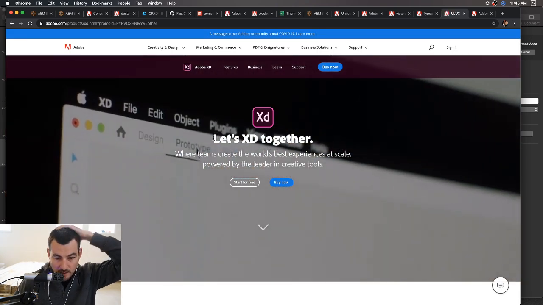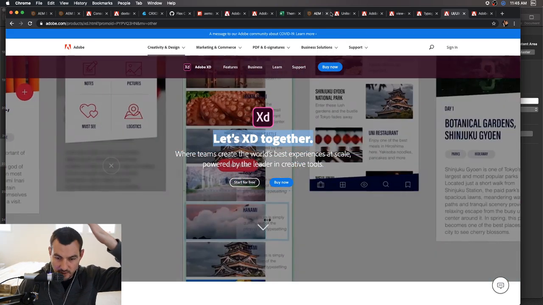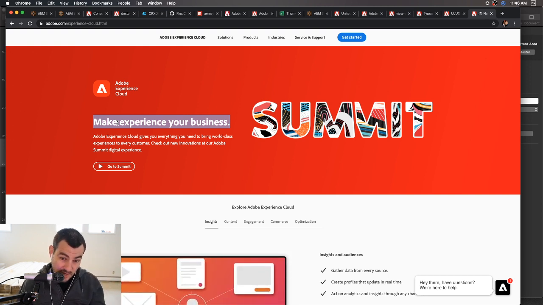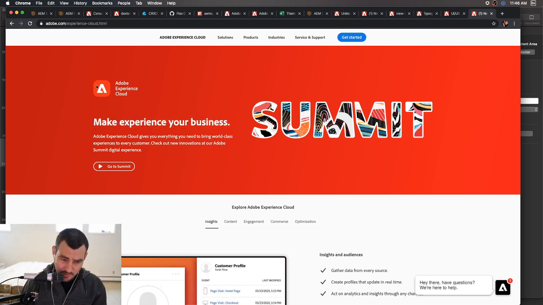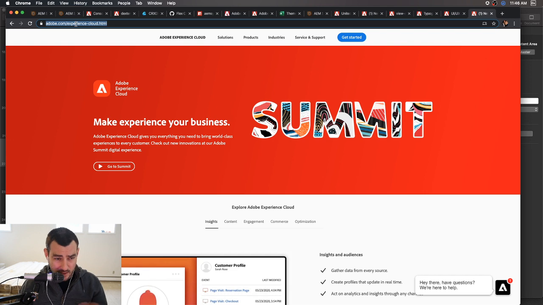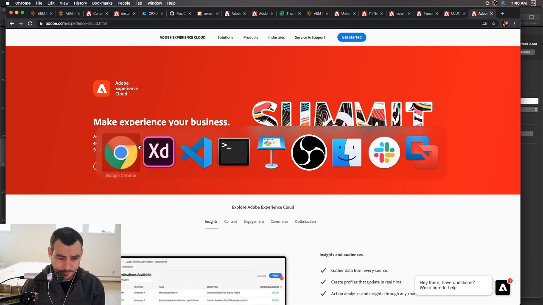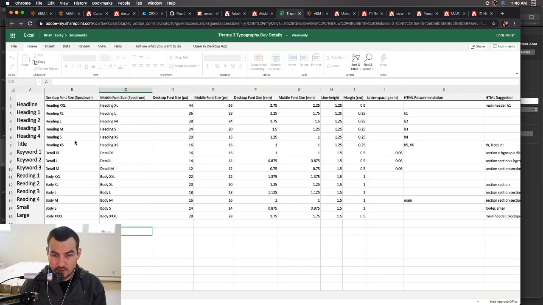So let's XD together. Very short copy, of course. So it can be big, but if you're comparing it to something like Make Experience Your Business, the copy on Experience Cloud has a tendency to be a little bit longer, and then on Document Cloud it has a tendency to be even longer than the two of those. So we decided to say the default heading 1 is XL